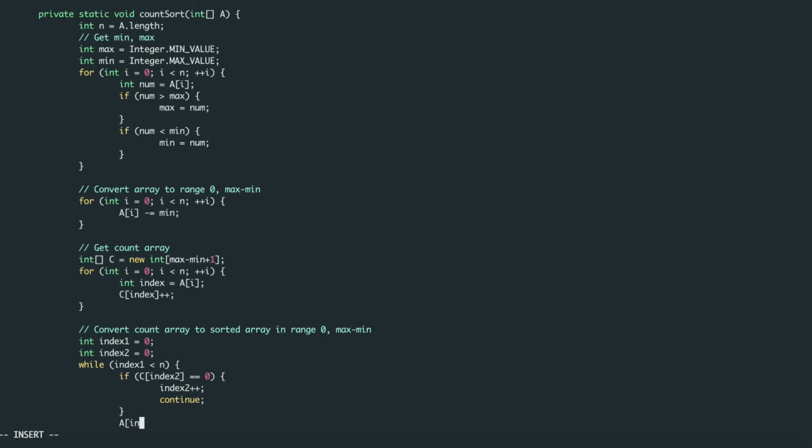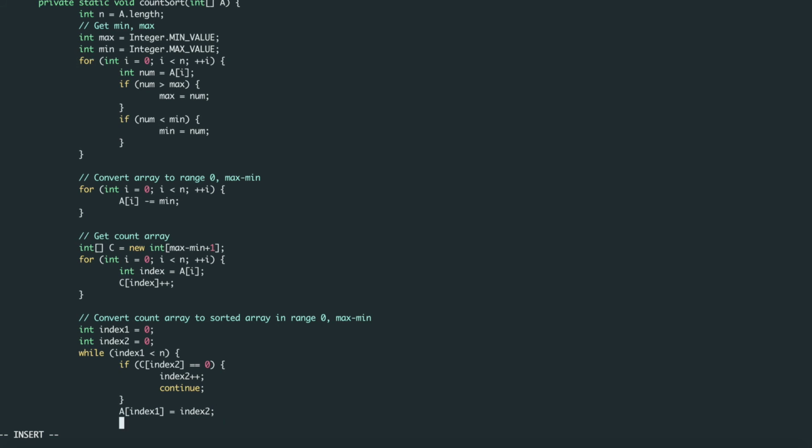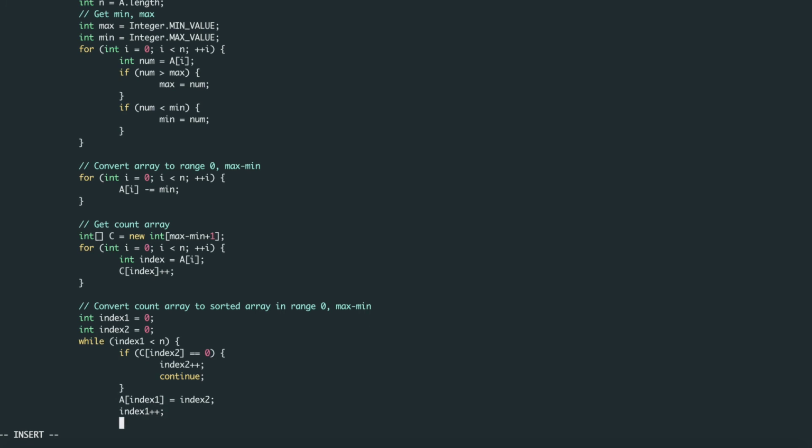We do a of index 1 equals index 2, basically we add a value at index 1, which will be equal to index 2, because that gives us the corresponding value in array A. Then we increment index 1 by 1, and do count of index 2 minus minus.